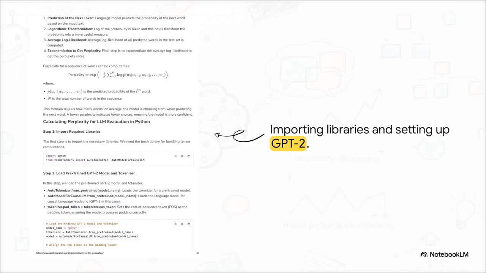Looking at those first 2 steps, we import Torch for tensor computations, along with the transformers library. What's absolutely vital here is loading that specific GPT-2 model. Also, pay close attention to that last line of code, setting the end of sequence token as the padding token. Actually, don't skip that, because that step is critical to ensure the model processes padding correctly when you're evaluating texts